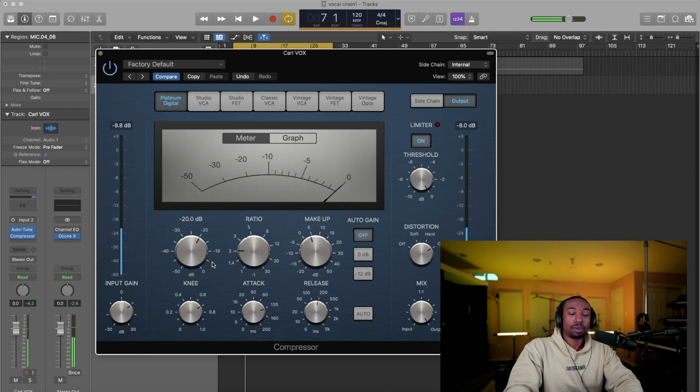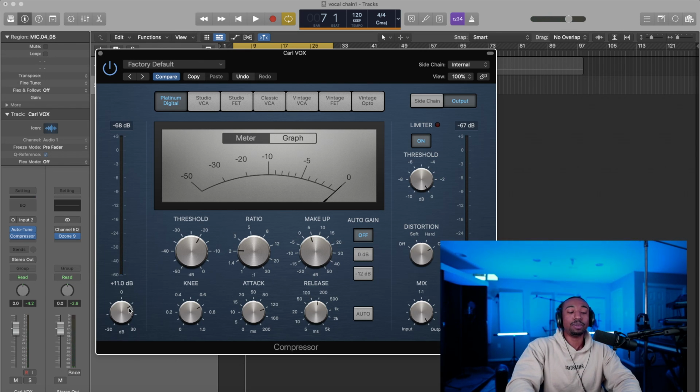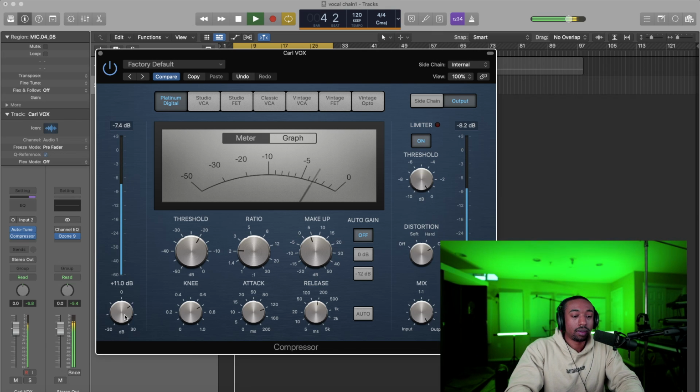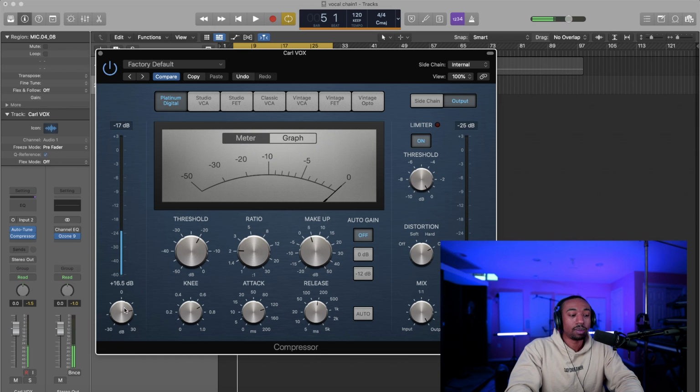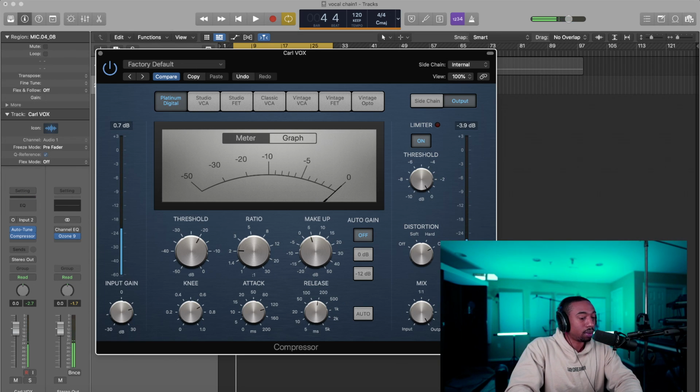So if you want to push a compressor hard, the question is, do we just turn up the output gain or do we turn up the input gain? Because now we have everything set. Do we want the compressor to feel more of that fill-in sound? Because now we're picking up the background guitar. So the problem is not that I want the compressor to work harder. The problem is that I want the volume louder. So in that case, we would pull up what's called the output gain.